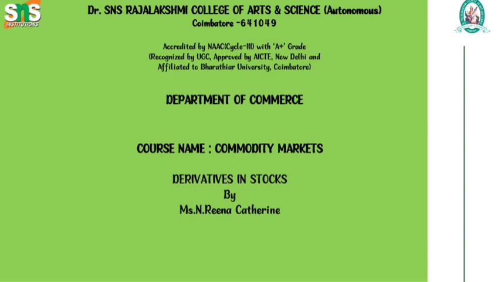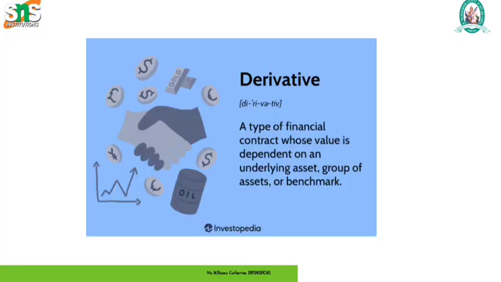Today we are going to see what we mean by derivatives in stocks. First, the meaning of derivative. The term derivative refers to a type of financial contract whose value is dependent on an underlying asset, group